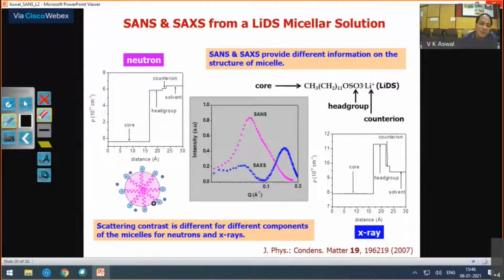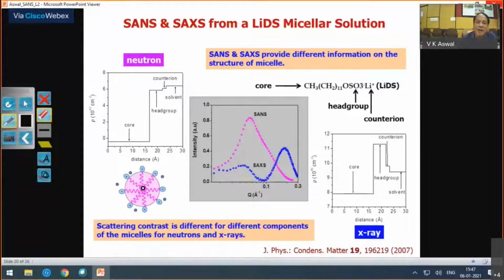This is a micelle, the core of this micelle. On the other hand, X-ray doesn't differentiate, but it is more sensitive to higher Z elements. So this difference is coming because in the case of neutrons, you only see the core. So it means you already can measure the core dimensions or core structure from the neutron. And that information